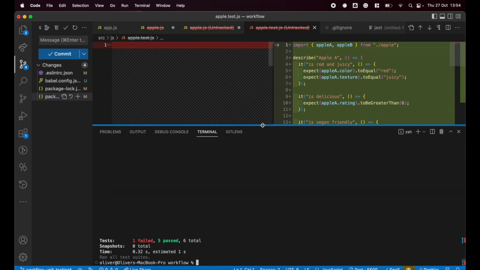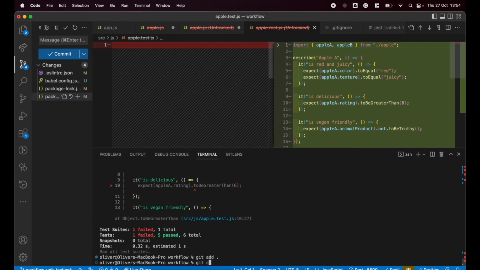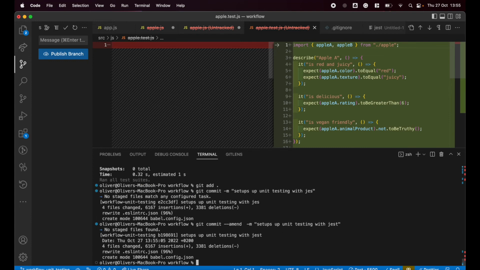So just to commit, to wrap this branch up: git add all, git commit, "unit sets up unit testing with jest." Did the same thing where I need to amend my message because I made a mistake. Okay. Now I can